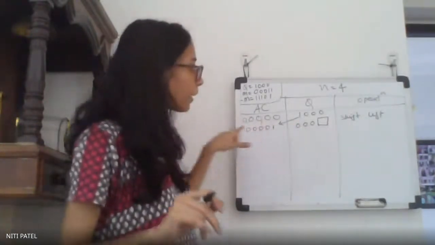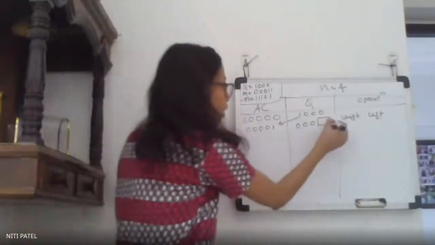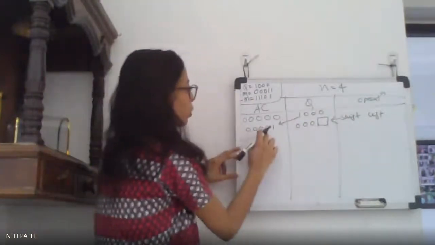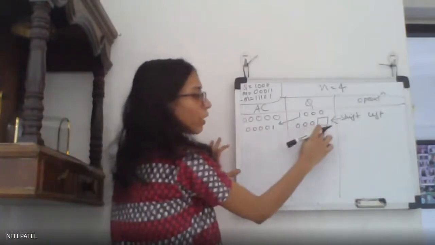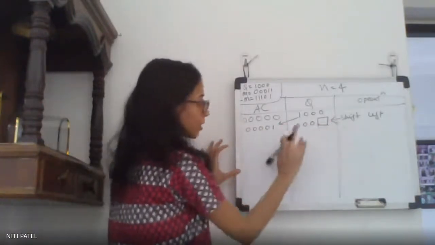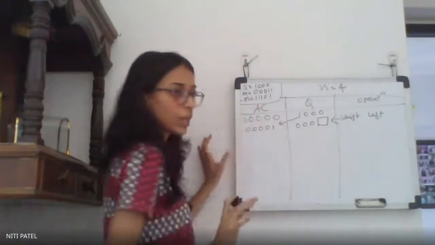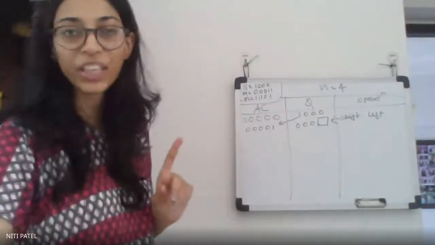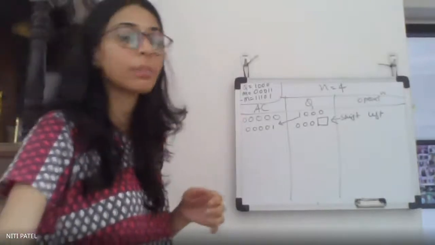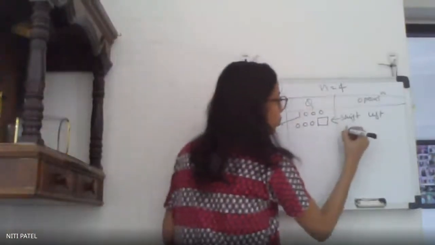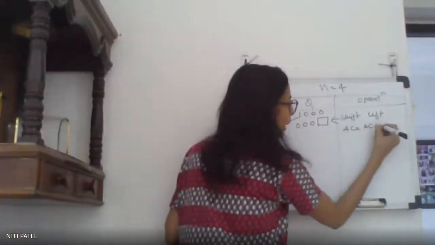So I have completed my left shift, and the answer of the left shift is 0, 0, 0, 0, 1, which is 5 bits matching. Q is 0, 0, 0, and I will fill in its last bit after I complete the next step. So I have 4 bits and 4 bits. With this, we have completed the left shift. After that, what I have to do is AC equals AC minus M.